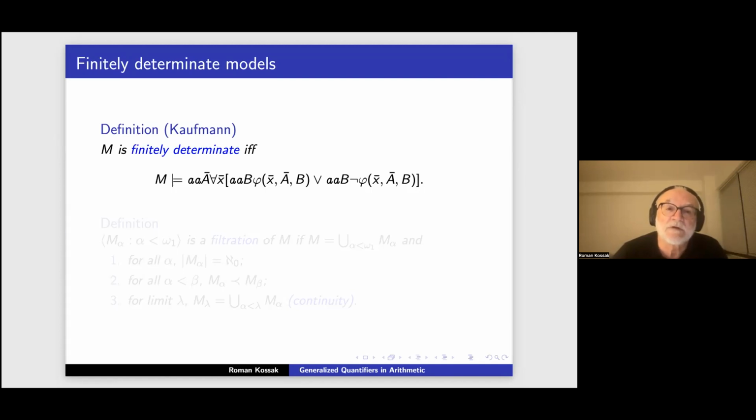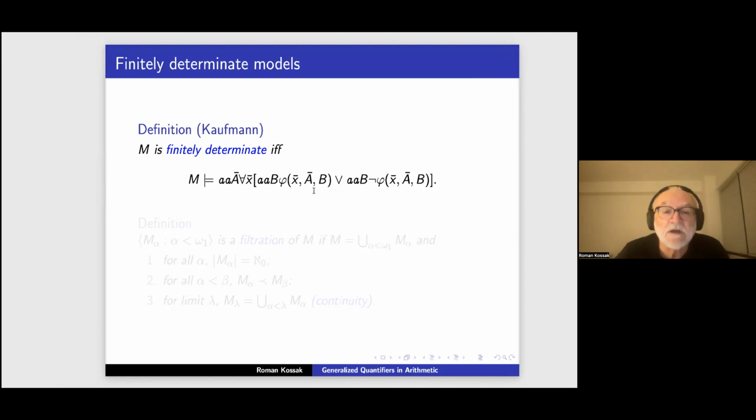So I will not go over this in detail, but there is something here about a certain class of models which are called finitely determinate, and this class was defined by Matt Kaufman. And what it says here, you see, this quantifier does not behave like the regular quantifiers with respect to conjunction and disjunction. There is no guarantee that there are either aa many B's such that phi(A,B), or there are aa many B's such that not phi(A,B). So a structure is finitely determinate if this is the case